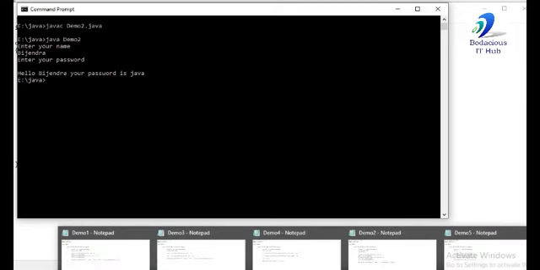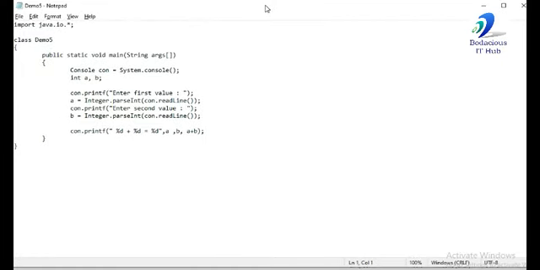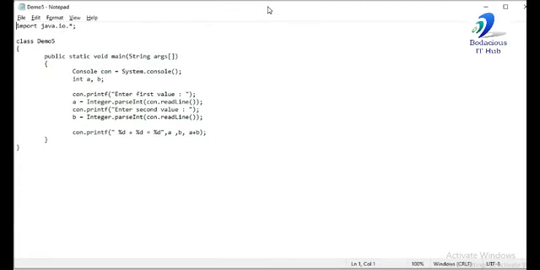Now we take an example of the printf method. Okay. Console is a combination of keyboard and monitor. So when we call the readLine method or the readPassword method, we are interacting with the keyboard. And using the printf method, we can interact with the monitor. Okay. So you can use printf as you have been using in C and C++.